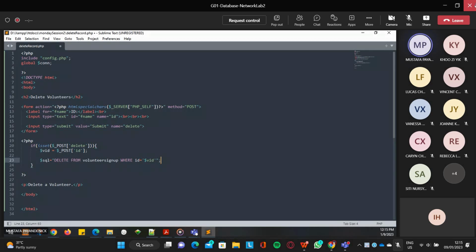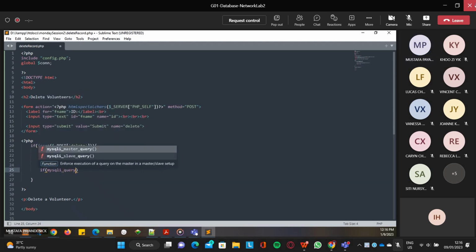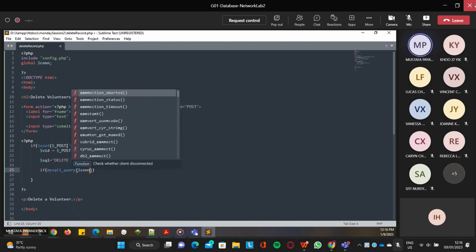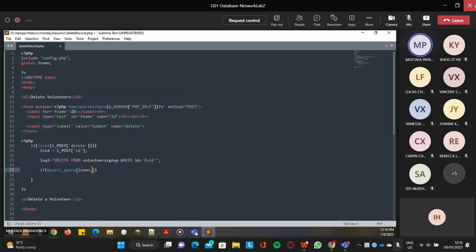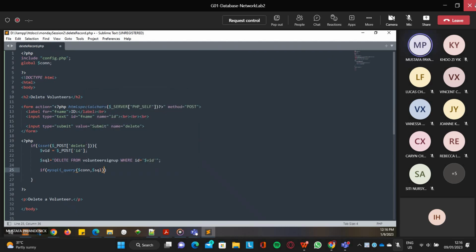That's fine. If I don't put that one, once the SQL statement executed, it deletes all the data, which I don't want. So here what I need to do, I need another if statement. I say MySQL query. So execute the query. So first check our connection. Can we connect to our database? Then execute the query. If everything is fine,